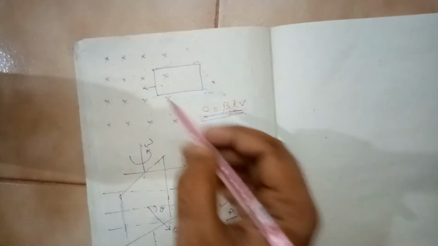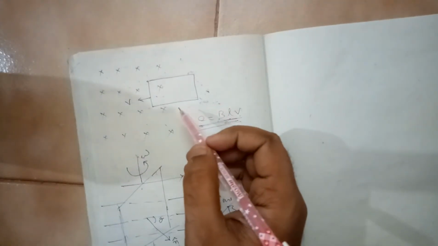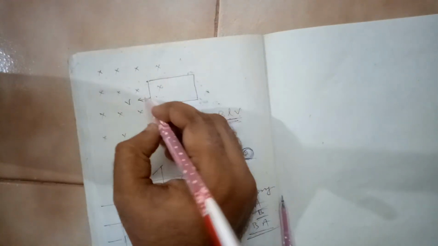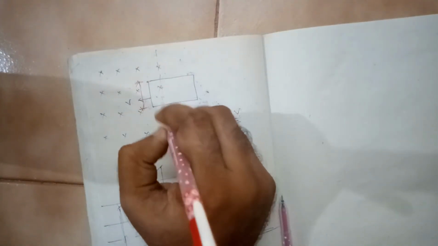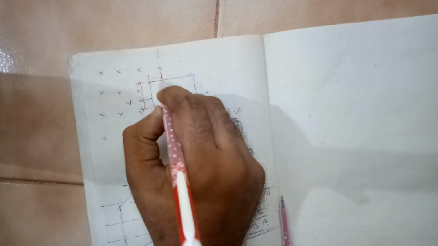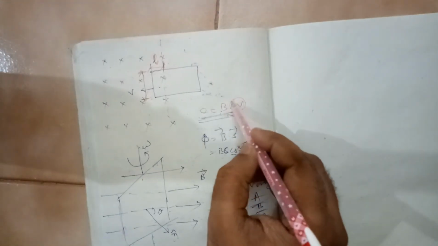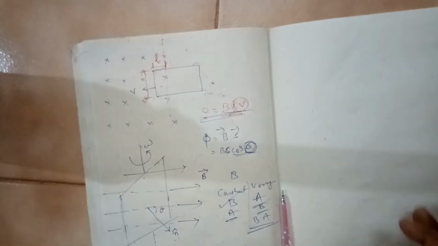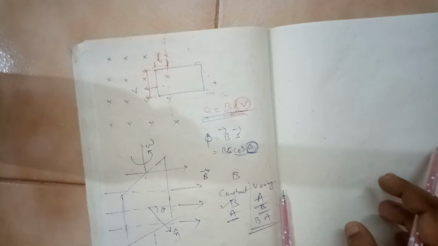Take this example where you have a coil. This is my V. So here often the doubt comes: which L do I have to take? Is my L this dimension, or if I take the frame of reference as this, my L will be this dimension. Always remember, this L and V are perpendicular to each other. They are not in the same direction.